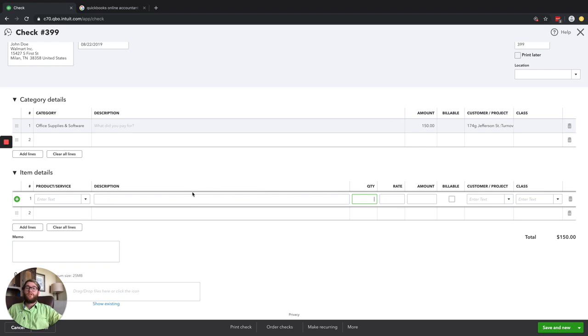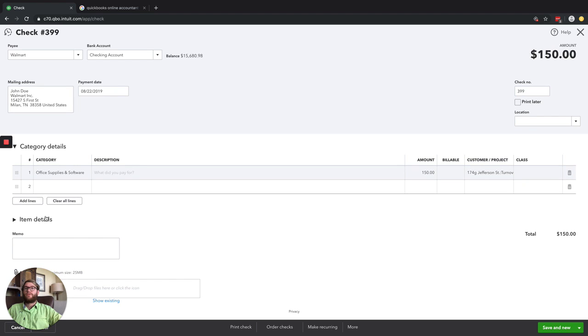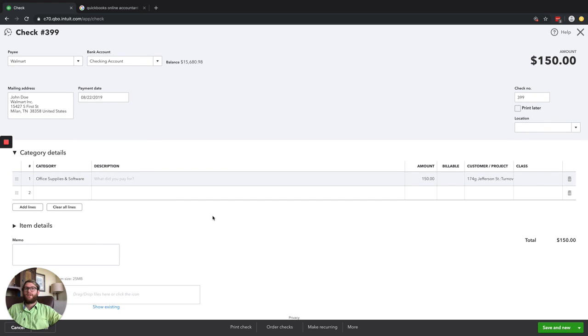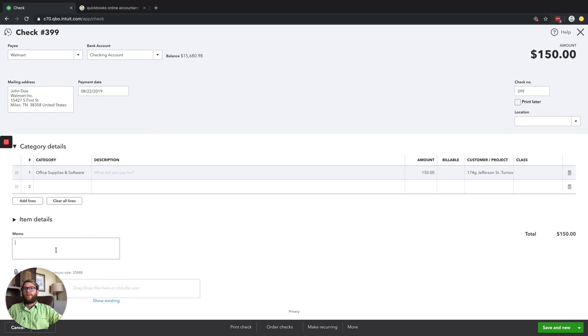If you're not doing inventory tracking through QuickBooks, don't worry about the item detail, as most times it will look collapsed like this. Now, if you need to go ahead and put in a memo here to say that this